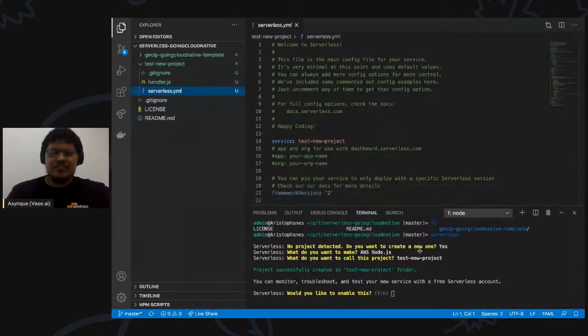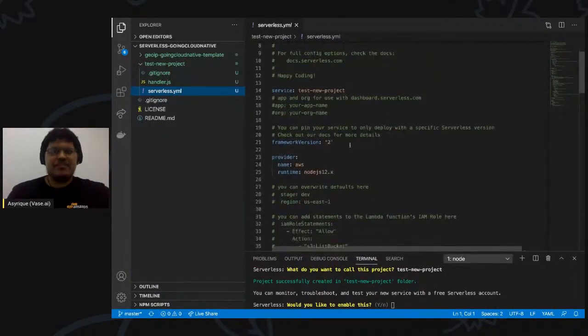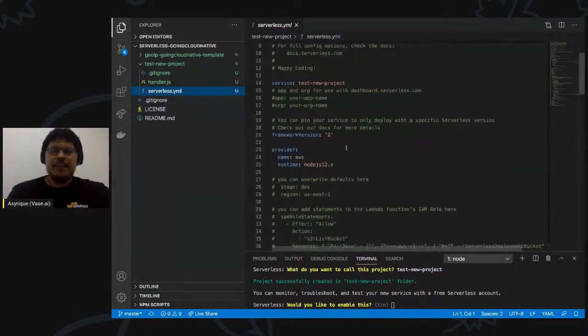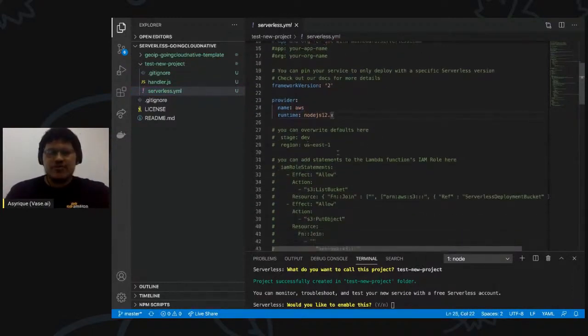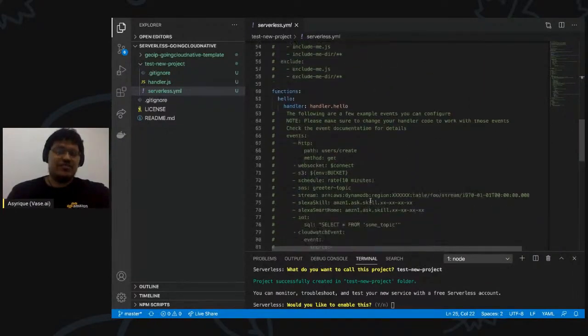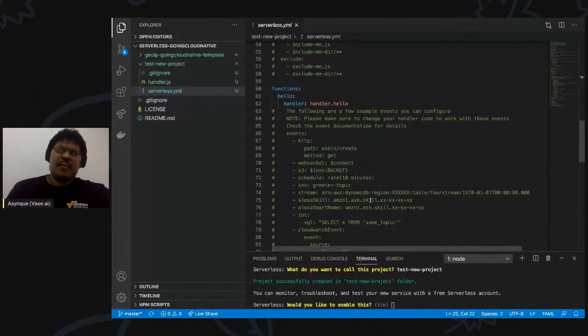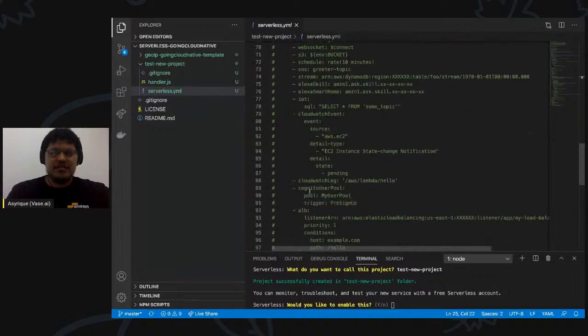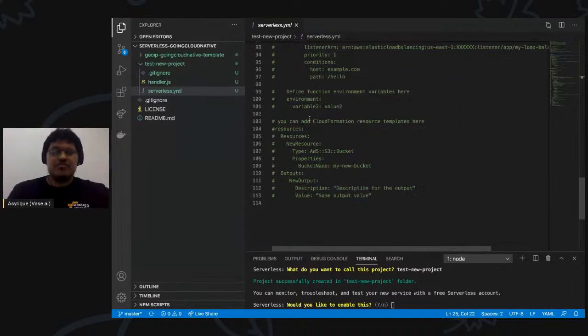This is the configuration file that actually configures the application. So it has a service name, it has what provider. Here's where you would put another cloud provider's name if you were deploying to another cloud rather than AWS. Also your region, and you can configure a bunch of other stuff, including all the services you would need. So if you were building a serverless application and you needed an S3 bucket, an SNS, or some Kinesis stream or DynamoDB, you would configure them all as items in this YAML here. And the documentation goes into a lot of detail.